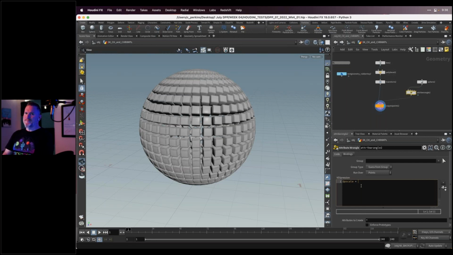But what I'm going to do is create my own custom interface. Okay, maybe we'll skip that for the sake of time. What I need to do is create the name of the slider that I'm creating.